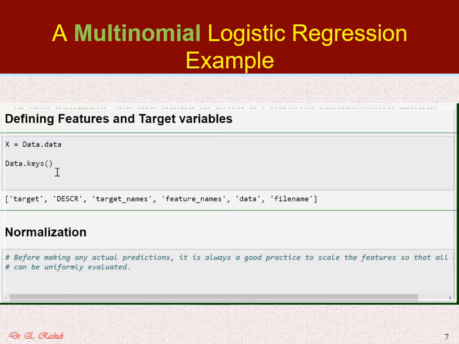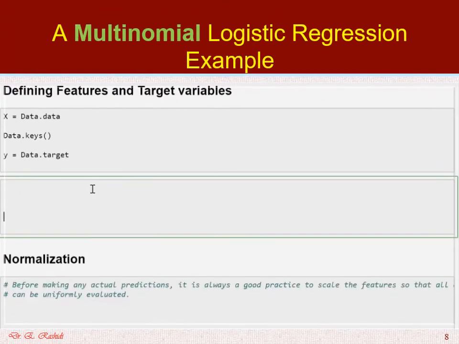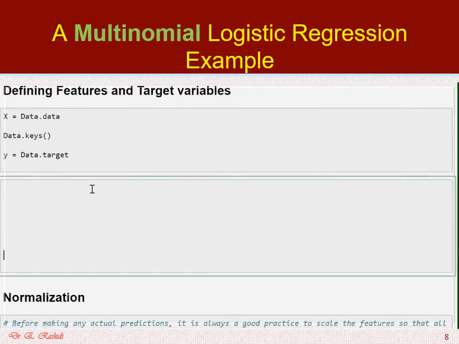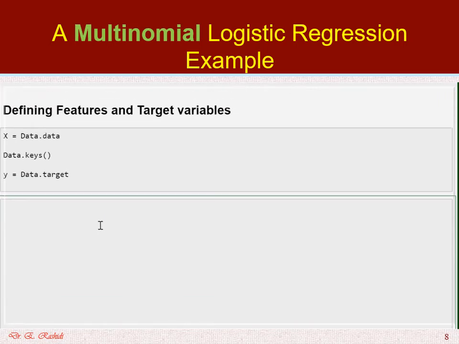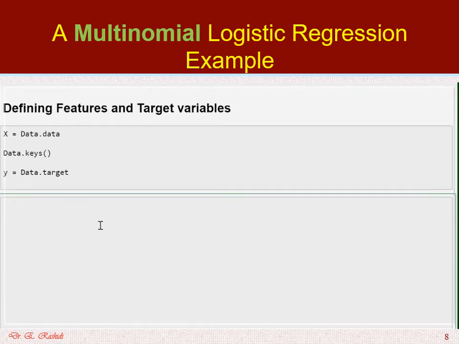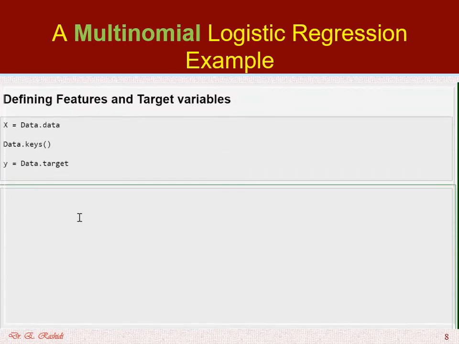Now, why would y be the target variable? So that's data.target. Now that we have split our data into X, the feature variables, and y, the target variable,